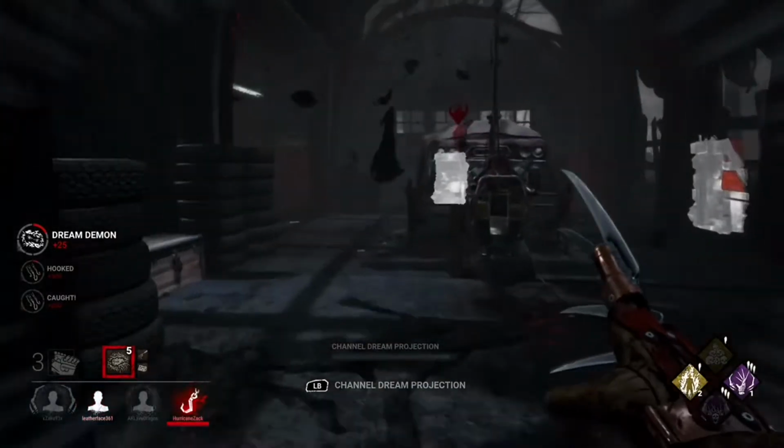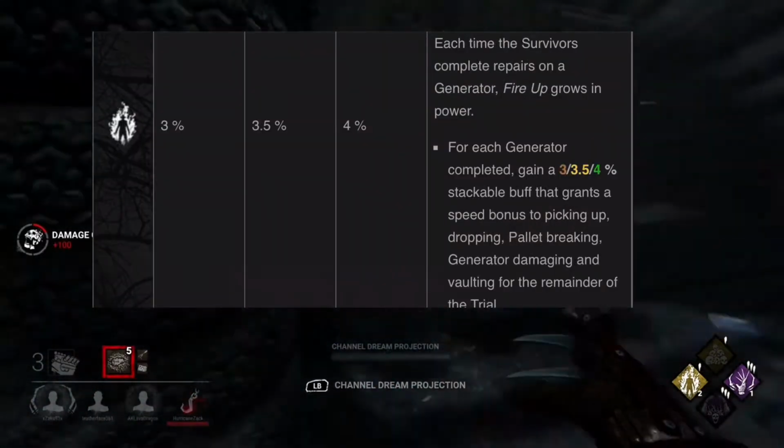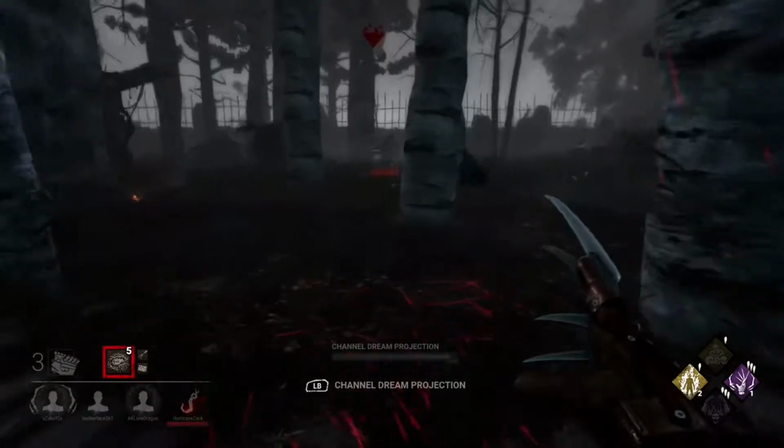Anyway, let's just get started. Alright guys, so the first perk we're going to talk about is Fire Up. Basically what this perk does is very simple to understand. For each generator that gets completed, you gain a 4% movement speed buff to breaking pallets, vaulting, picking survivors up,